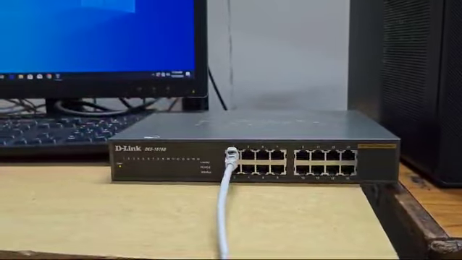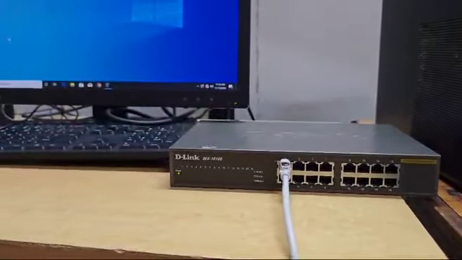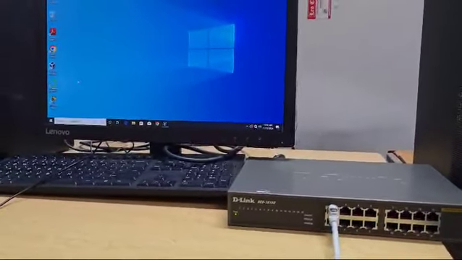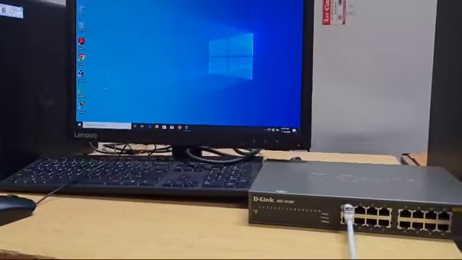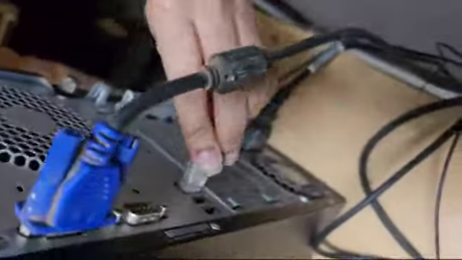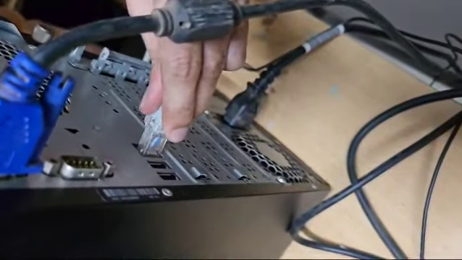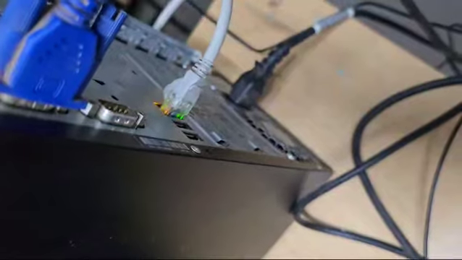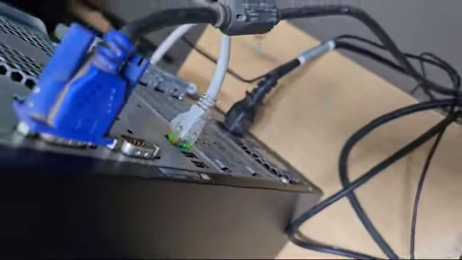We can connect to the first port or any port of the switch, and the other end of the cable we can connect to the Ethernet port of the system. Here you can see the green light, that means it has got connected properly.